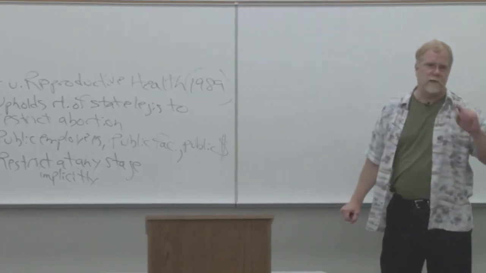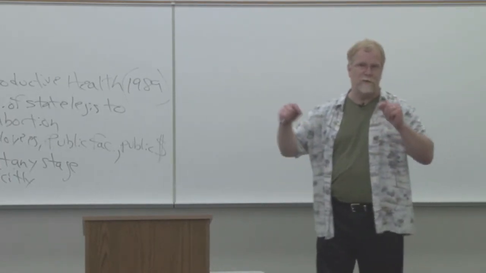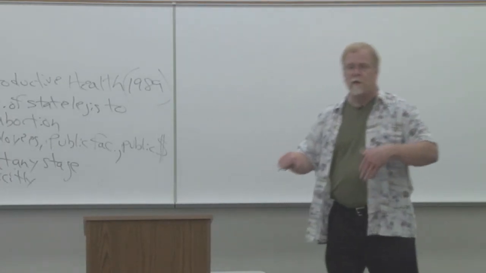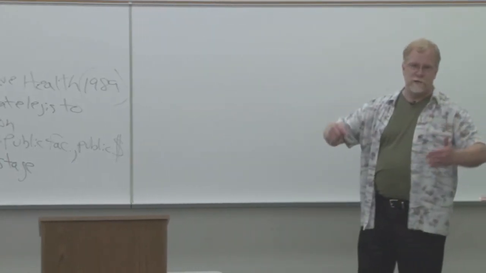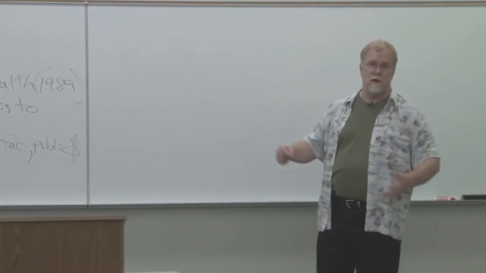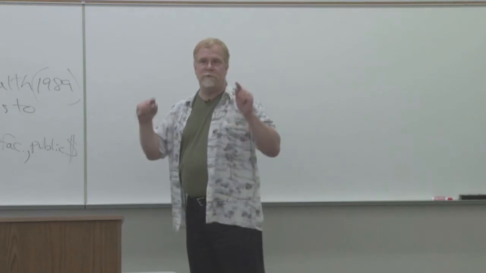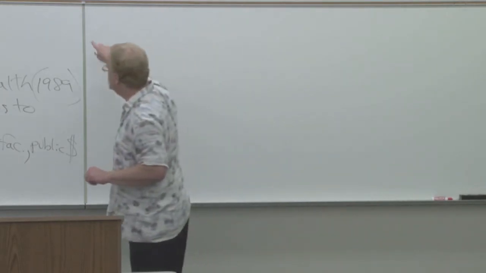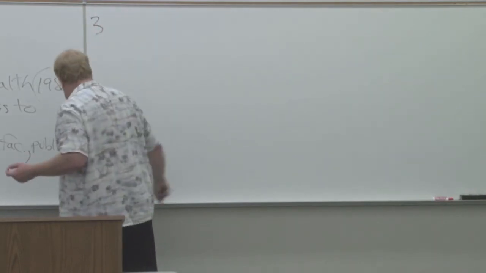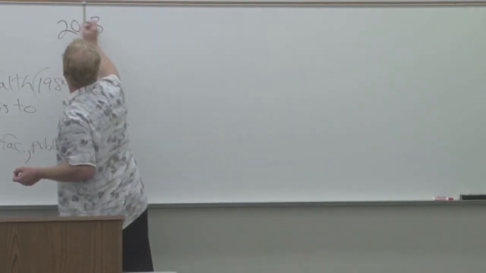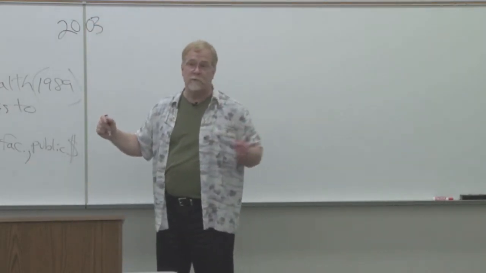I don't want to focus on the United States Supreme Court because this is Missouri politics, but we know that the United States Supreme Court changes. Members resign, members die, members are replaced, ideologies change, presidents change, the mood of the country changes, the Supreme Court changes. I want to focus on what happens in 2003. So if you could make this line 2003, or, yeah, we'll just do it this way. This line is 2003. What happens in 2003?